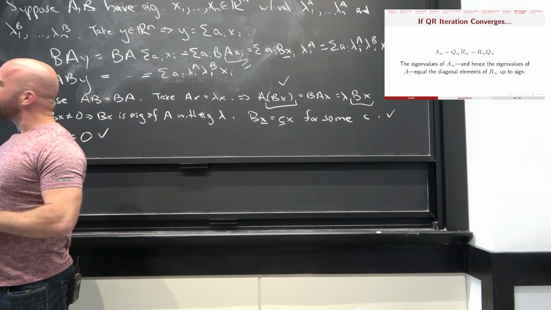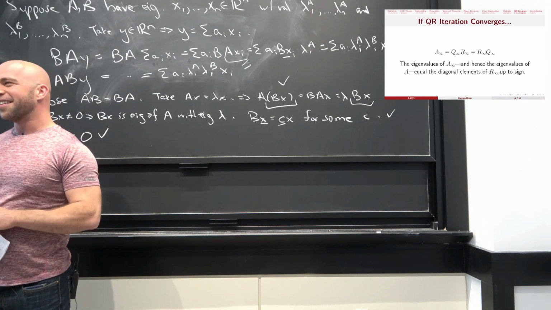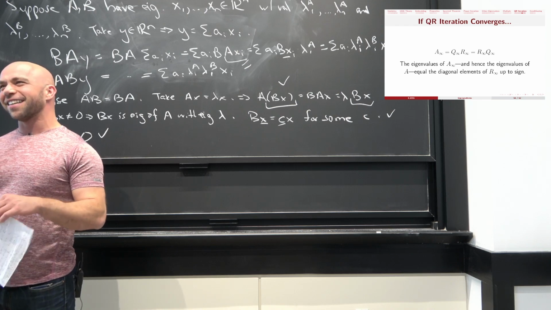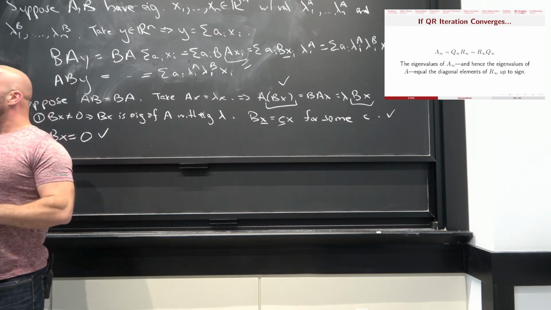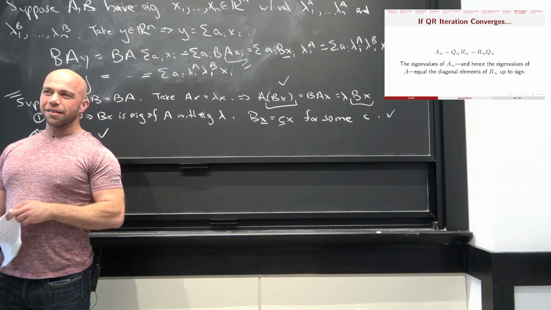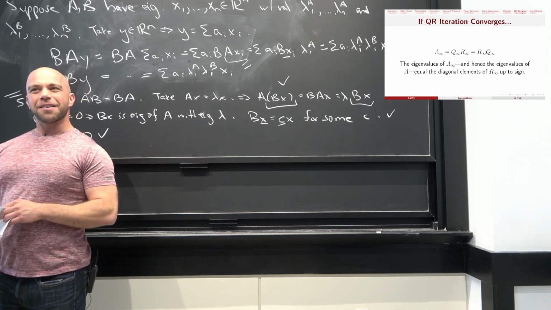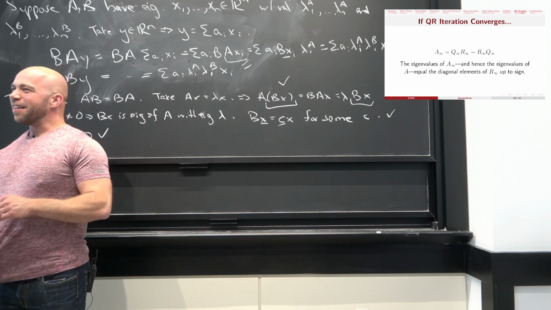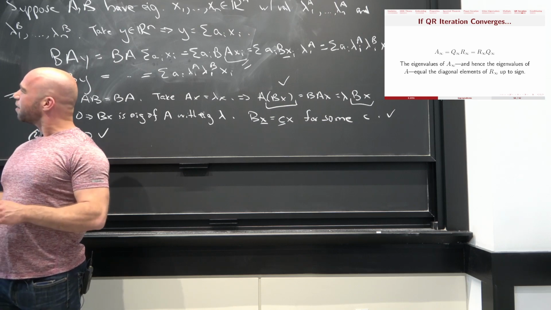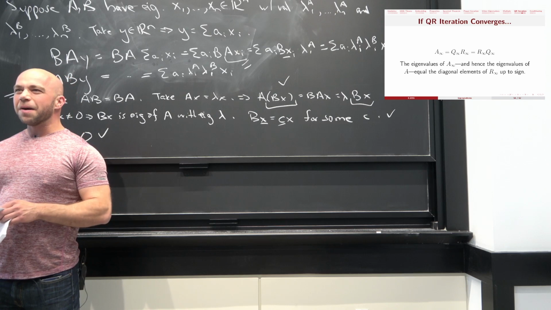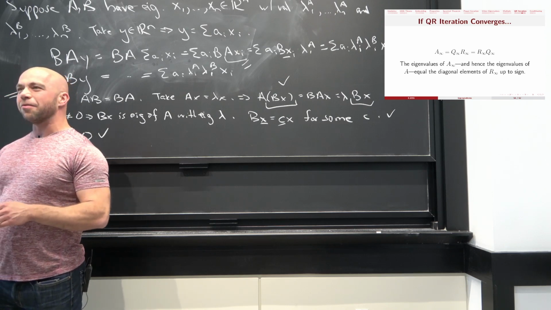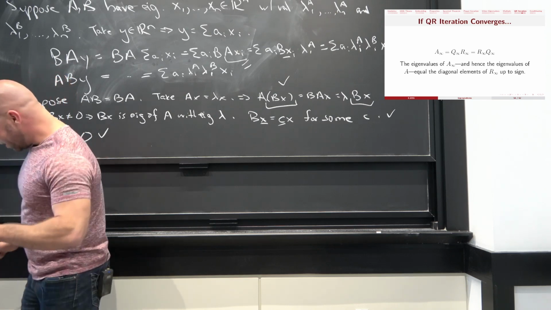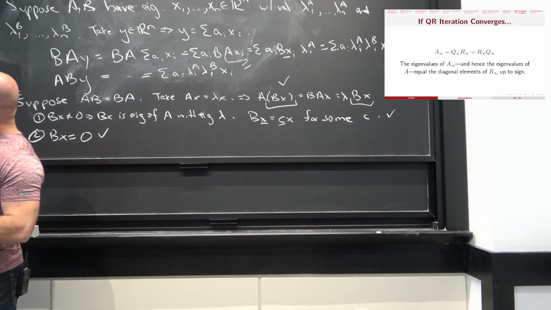Let's say that I coded up QR iteration just for yucks, and I noticed that it converged. And now I might, as a back of the envelope kind of calculation, say: suppose that it does converge, what does it converge to? That's different than saying why should it converge. But at the very least, if it did converge, then we might ask what Q and R would satisfy that. If I reach a fixed point, then essentially at infinity,